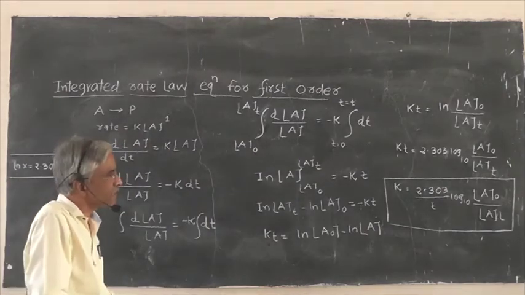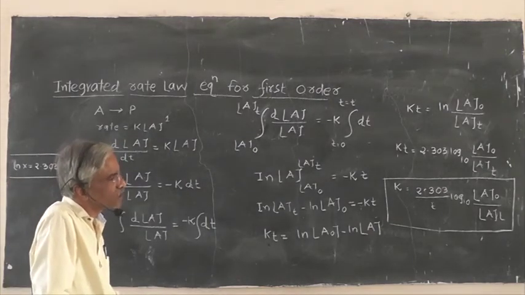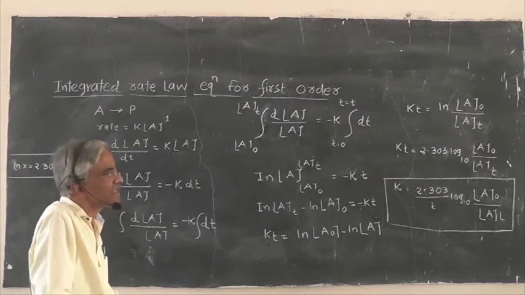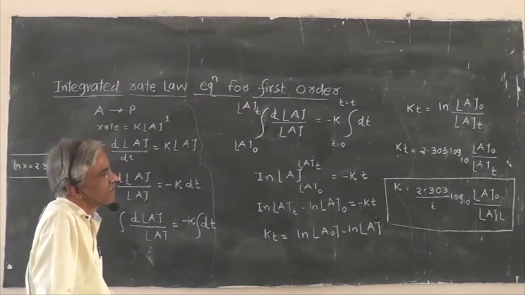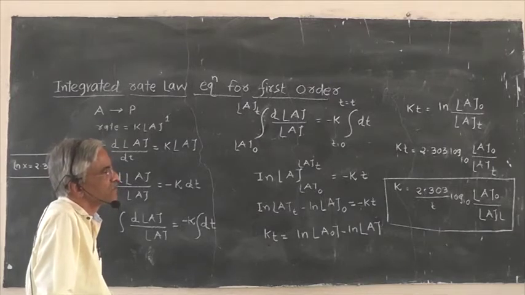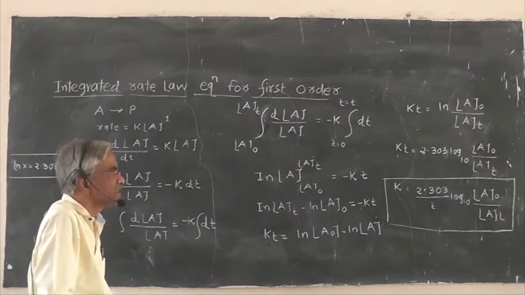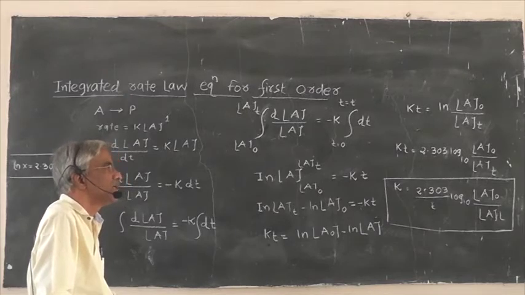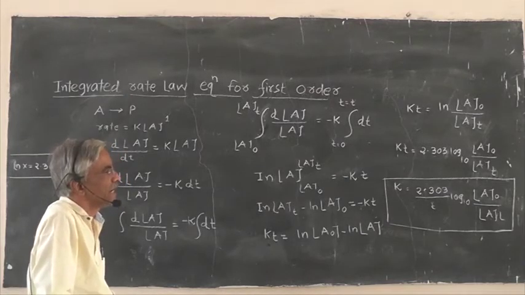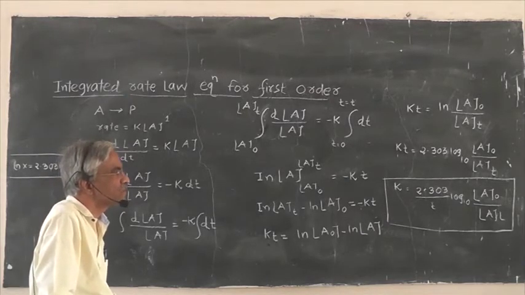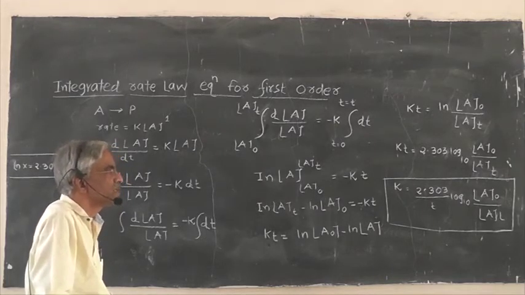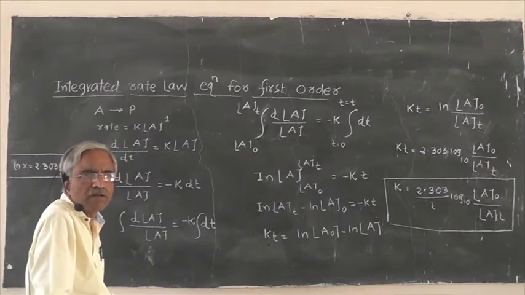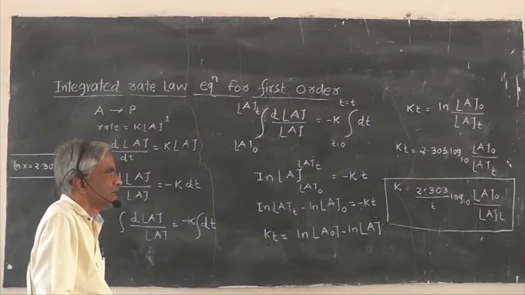For the integrated rate law equation, we prefer to put the equations for the first order into different forms. One is y equal to mx, where k is the rate constant and t is the time. It is one form of the equation with a straight line without the intercept on the y-axis. And second is y equal to mx plus c, where y is a function and x is another function. Here y will be the function of concentration of reactant at a time t, and x will be the function of time.